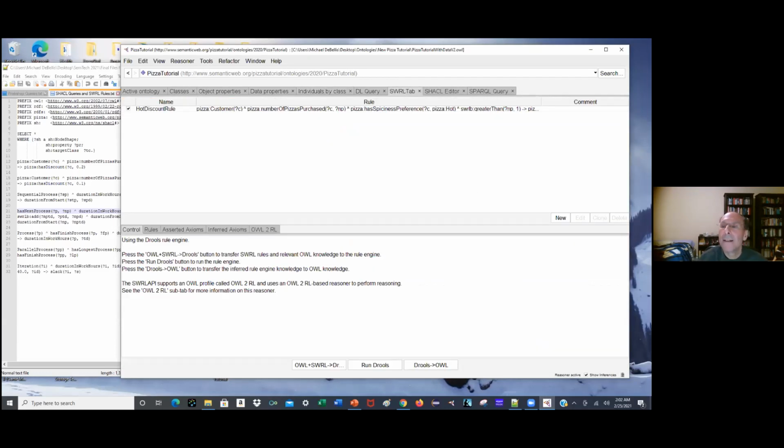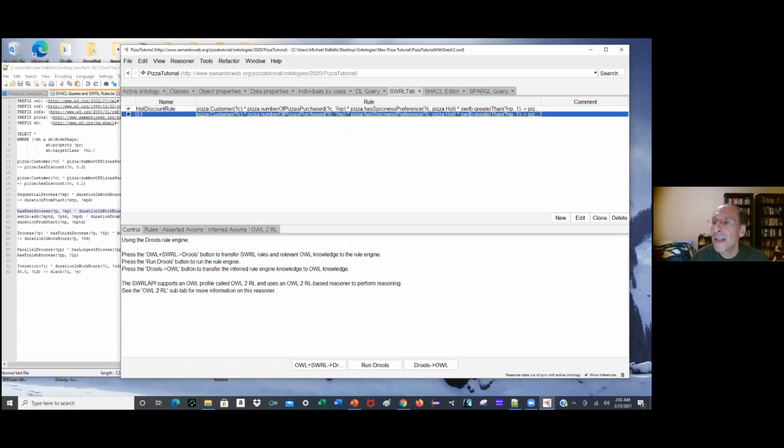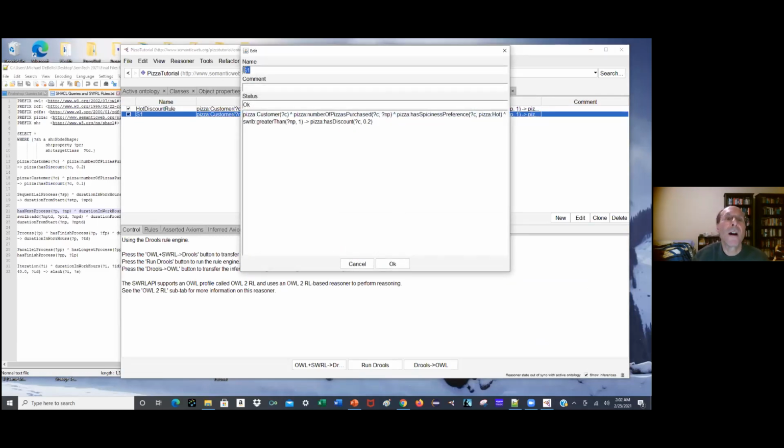Next, because the next rule we're going to enter is very similar to this rule, we can just clone this rule. So select that rule and then hit the clone button. Then you should get a copy of the hot discount rule, and it defaults to calling it S1, but we're going to change that. So go click on that copy of the rule and edit it. First of all, we're going to call this normal